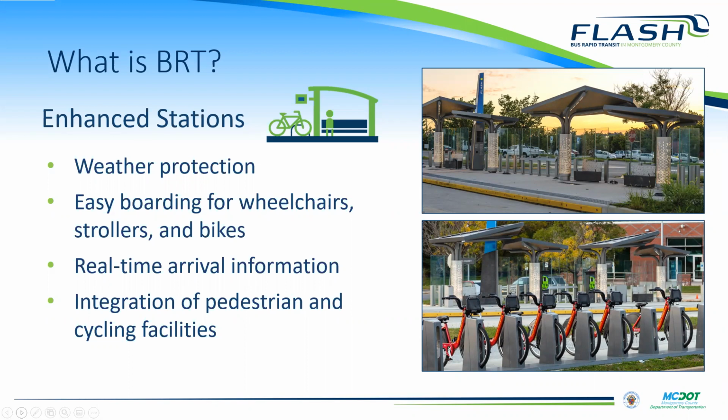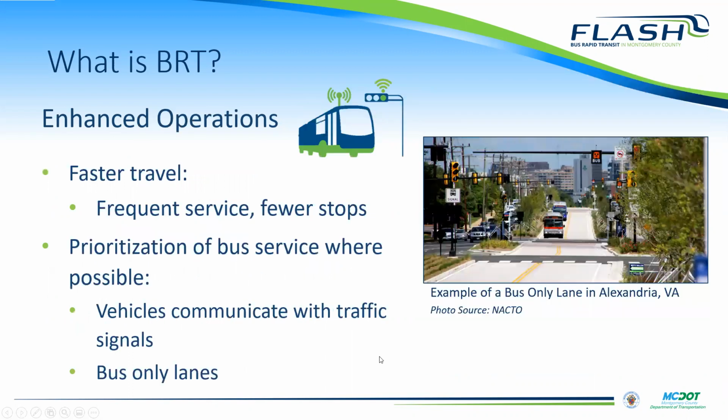What's a little bit different is when we begin to shift to operations. The operations of each of the Flash lines, so the current Flash line on Route 29 is the one in service, but the operations of the various lines may differ slightly. And our study is really going to focus on determining how best to enhance the operations of the corridor. So that's where we're going to spend most of our time with this effort.